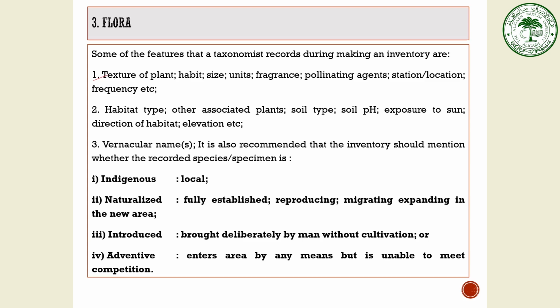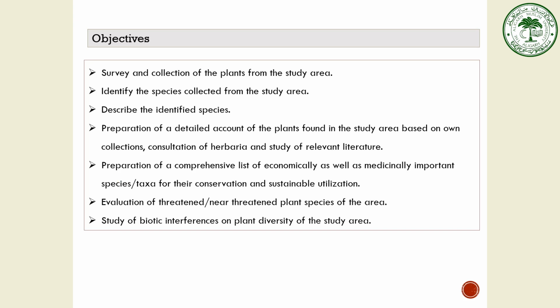So whether the recorded species is indigenous, that means local, or naturalized, like fully established, reproducing, migrating, expanding in a new area, then introduced, that are the invasive species brought directly by man without cultivation, or adventive, which enters an area by means of but is unable to meet the competition. So we also have to mention the vernacular name and whether the recorded species is native or